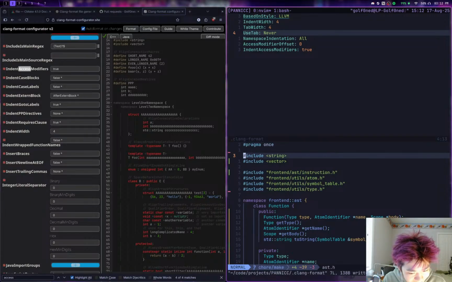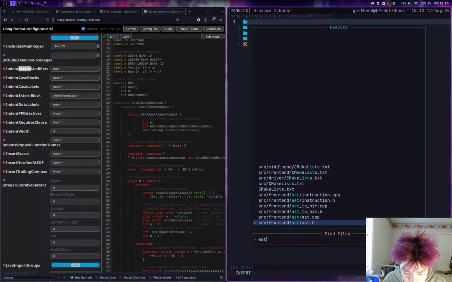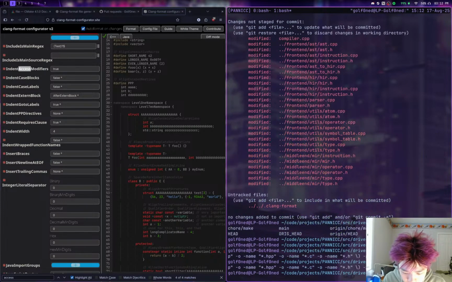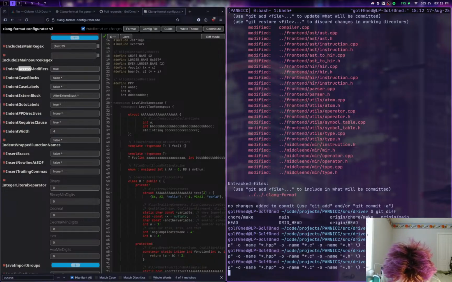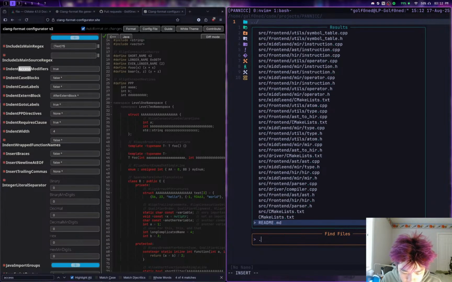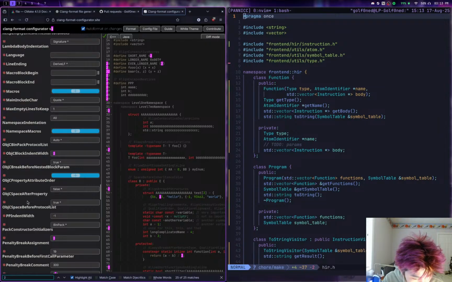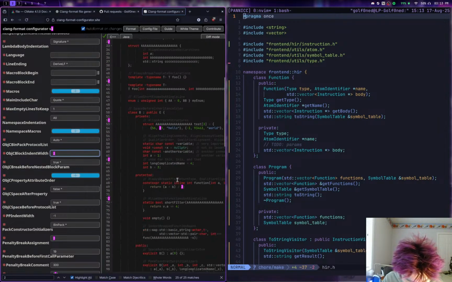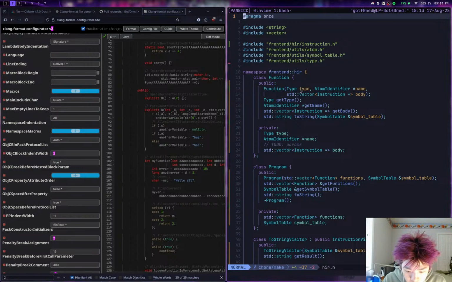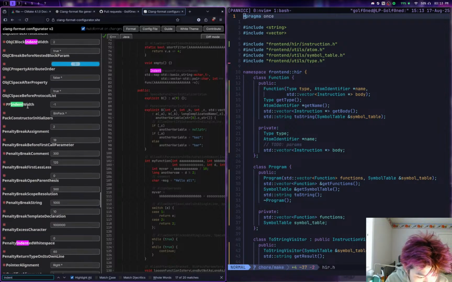This is not... Where's the number 2 coming from? PP indent with